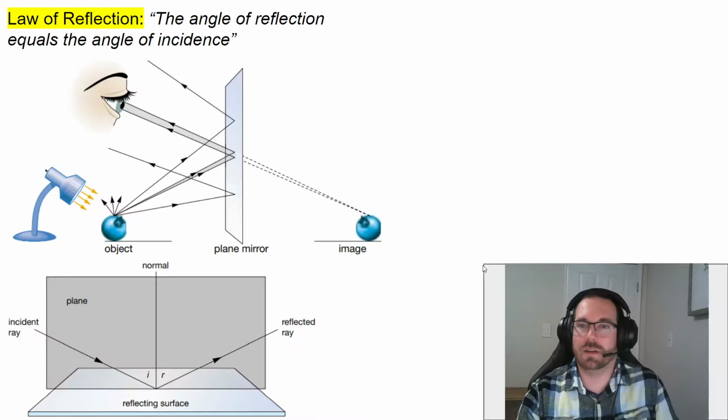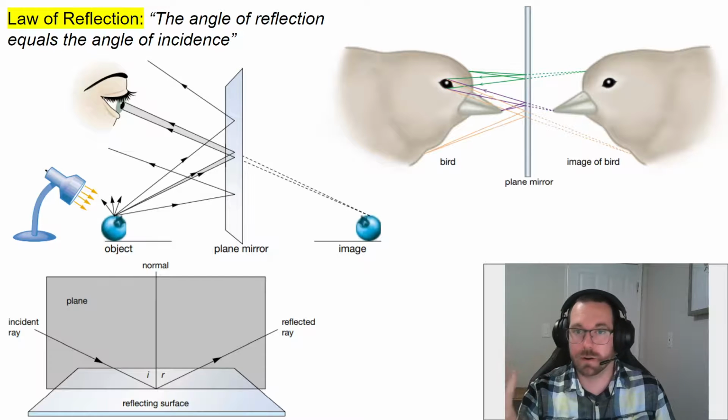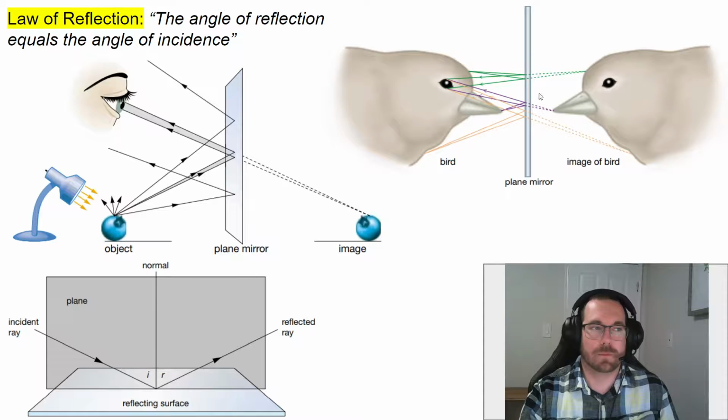Another important feature of images in mirrors we see in this example here of a bird. In this case, the bird is looking at itself in a mirror. But we see all sorts of amazing examples of not only the law of reflection here, but also how an image is created, a virtual image behind the mirror for what that bird is actually seeing. Rays are shown coming from 3 different points on this bird here. So we have points coming from its forehead, from its beak, as well as from the lower part of its neck.